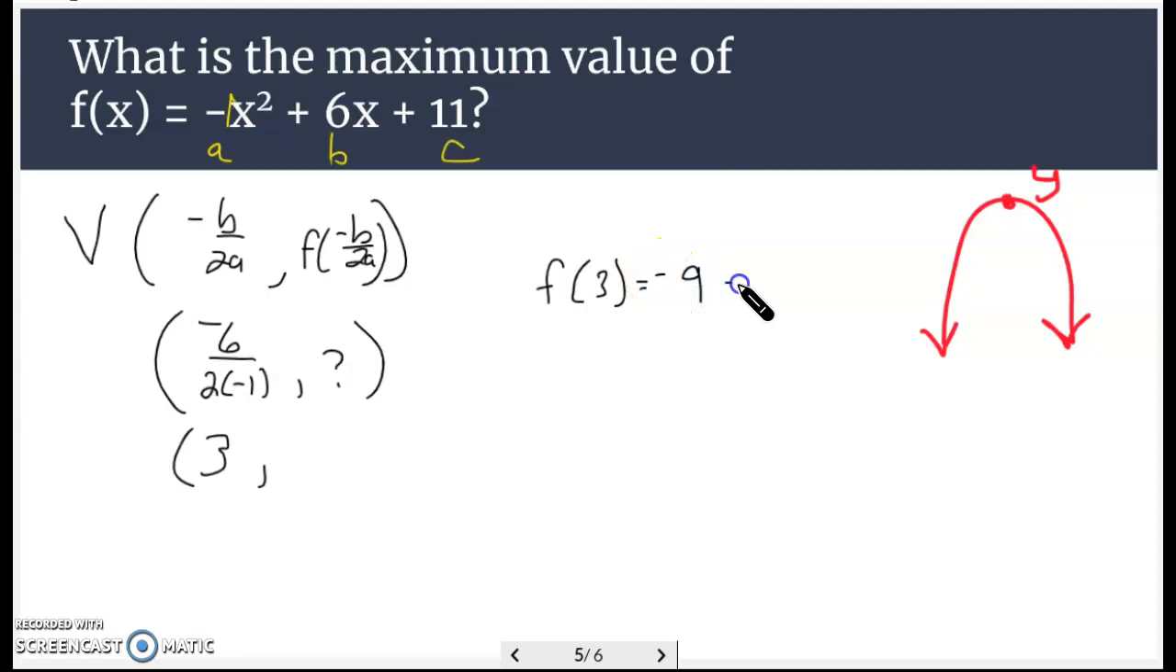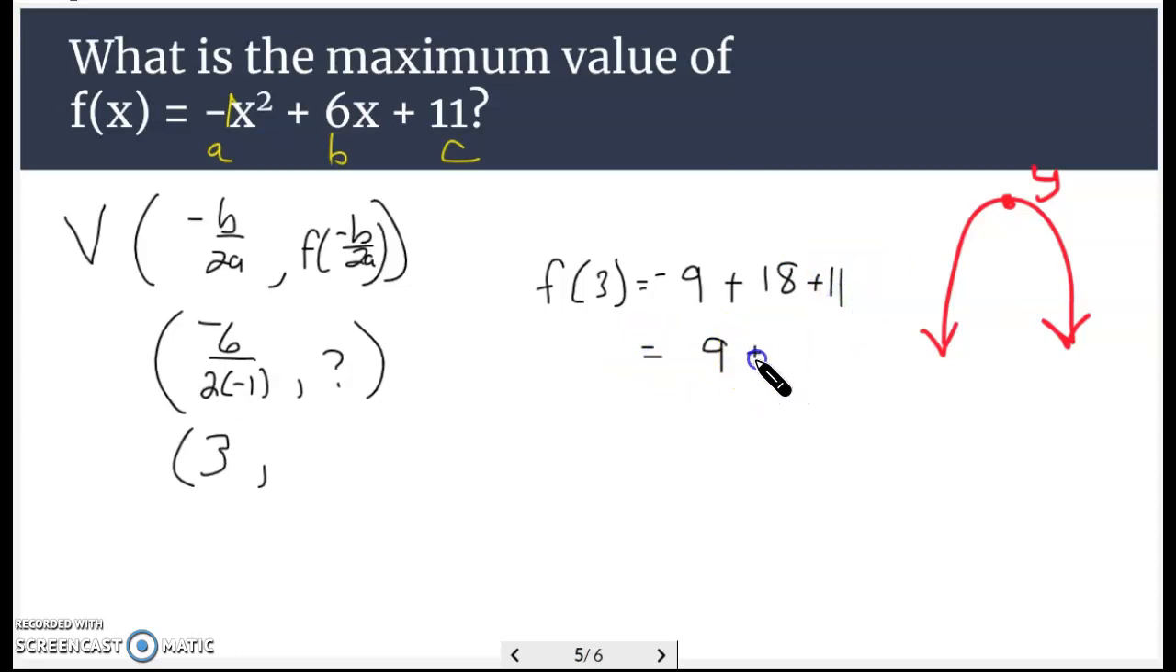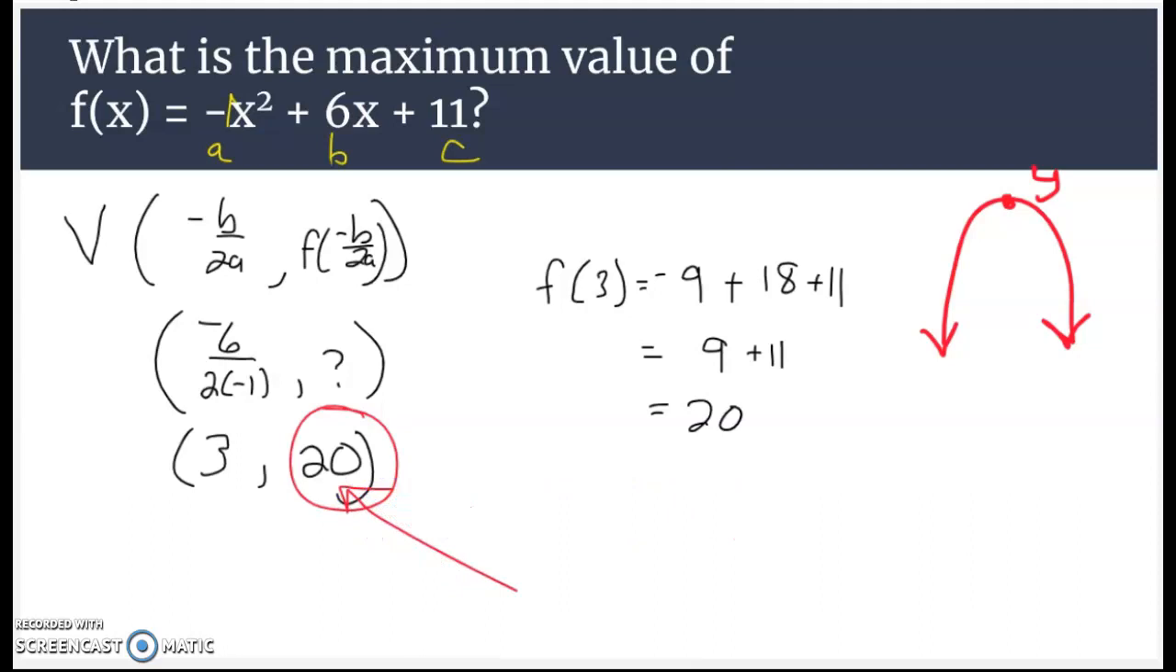Negative 3 squared is 9, plus 6 times 3 is 18, plus 11. Negative 9 and 18 make 9. 9 and 11 make 20. So, our y value is 20. The maximum value itself, what we're after here, is that 20 value. All right, our last question is going to address